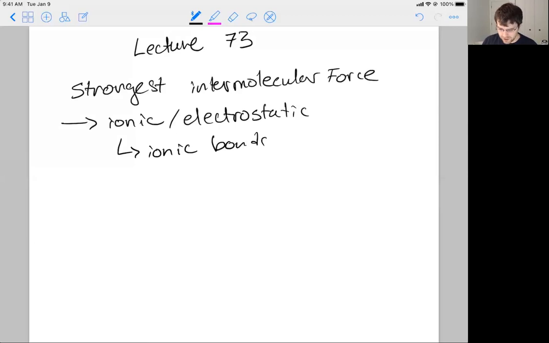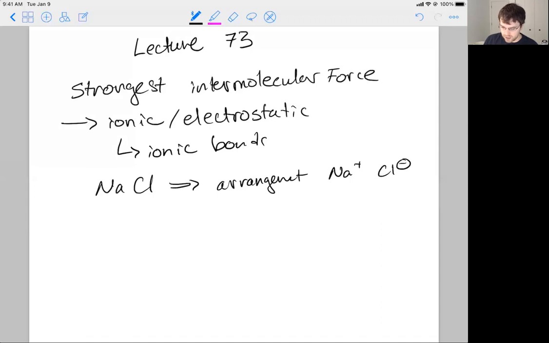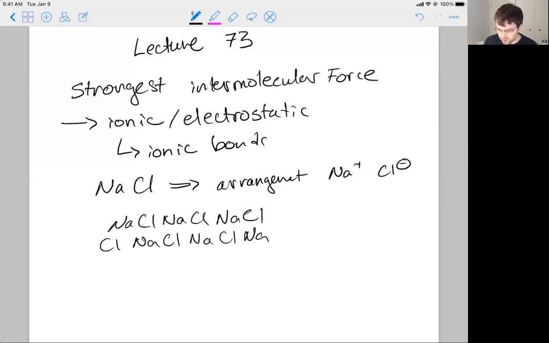Well, if you look at NaCl, it's really an arrangement of Na plus and Cl minus ions. And if you actually look at an NaCl crystal, you'll see the atoms alternate over a lattice. That's how you get these salt crystals, sodium chloride crystals: you form this regular array of elements, or a lattice. It's a bit beyond the scope of the class to go into much more detail on that, but